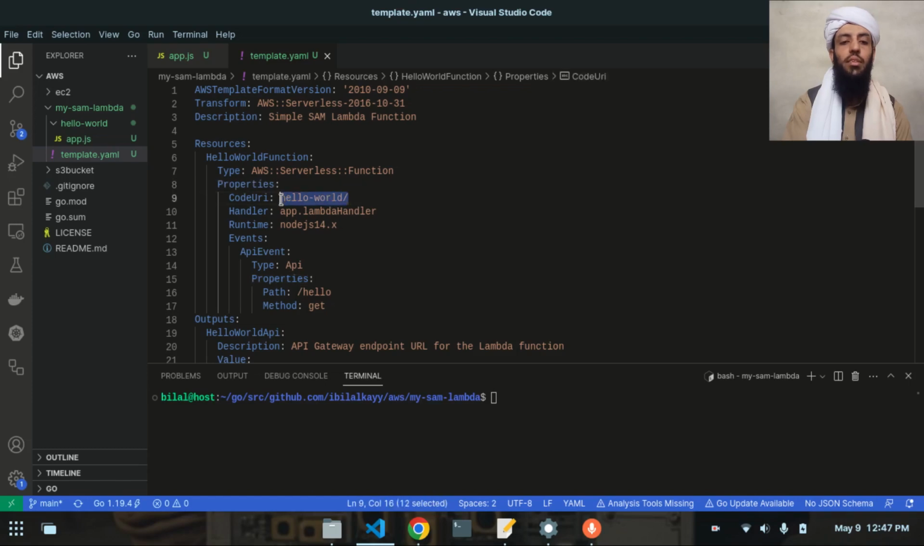So as you can see here, in the code URI it is showing the hello world. Inside this hello world, as you can see here, there is an app.js. The code present inside this app.js will be running. All right. So this is showing the path, and this is the Lambda handler, and this is the environment runtime